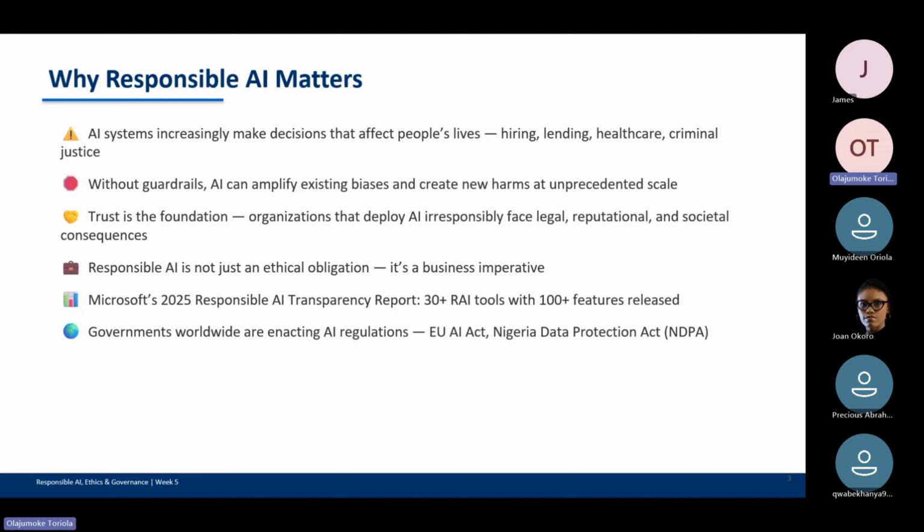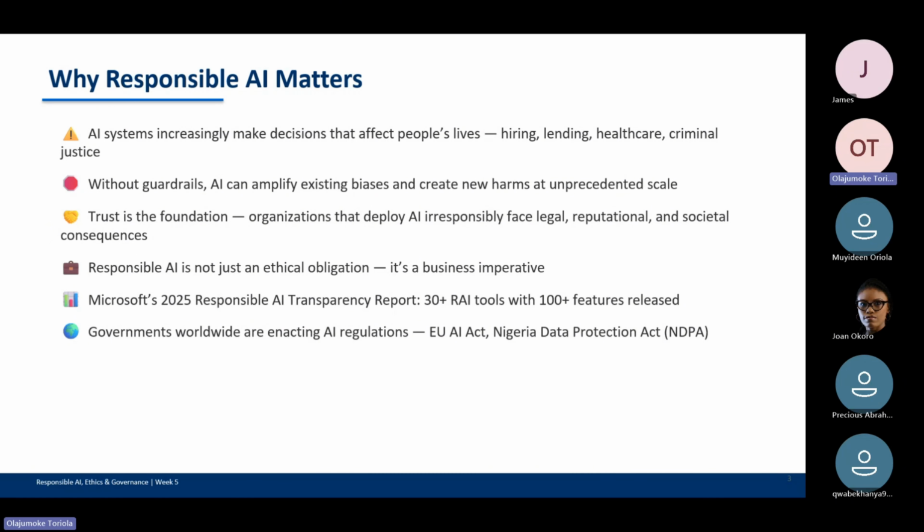Join the train and use it responsibly, because one way or the other, your organization or people around you are going to use it, and in a way that matters for your business. The consequences, when it is not used responsibly, include legal risk, reputational damage, and loss of trust. And in business, trust is everything.